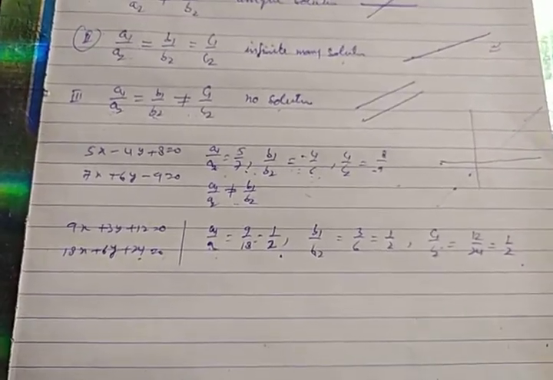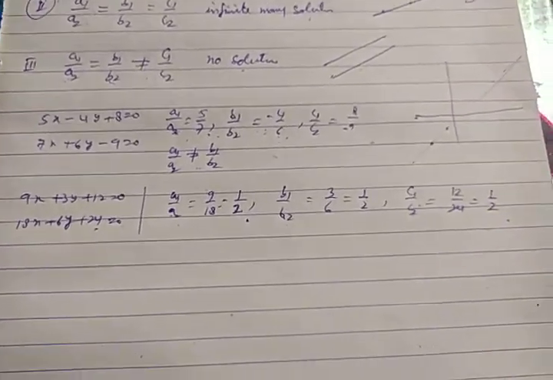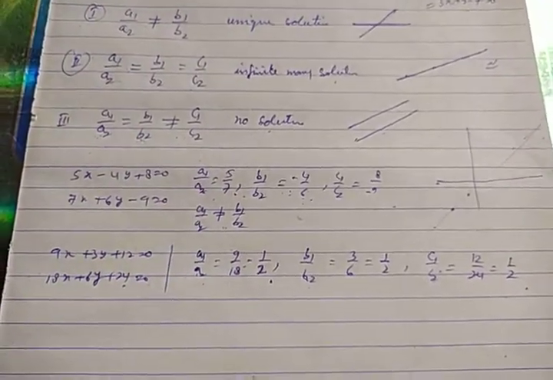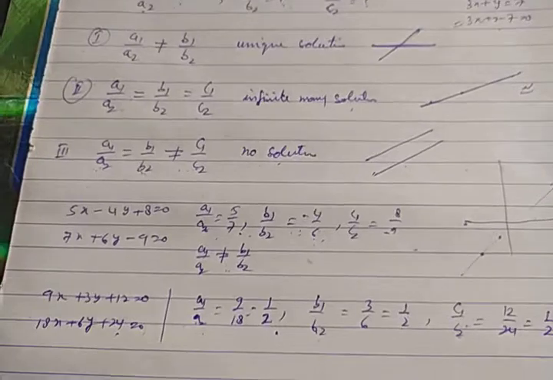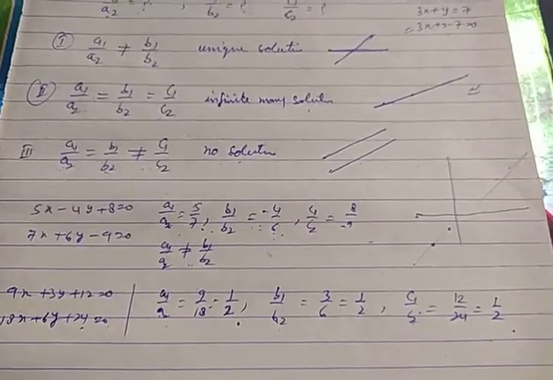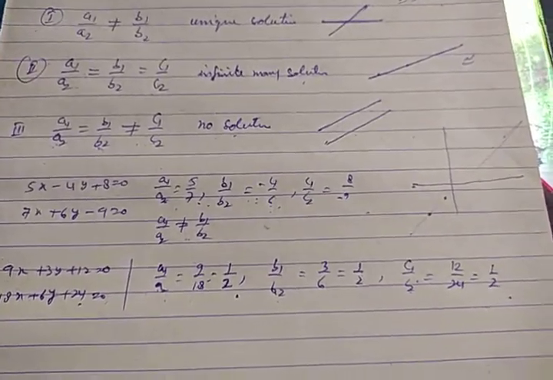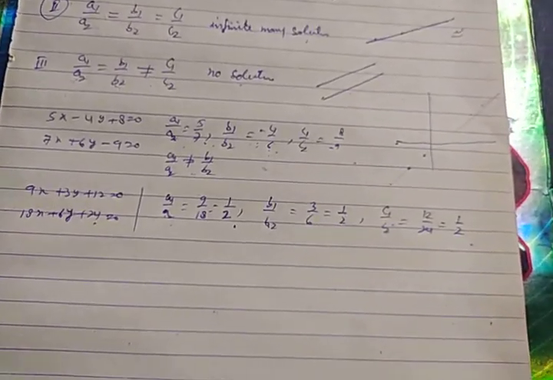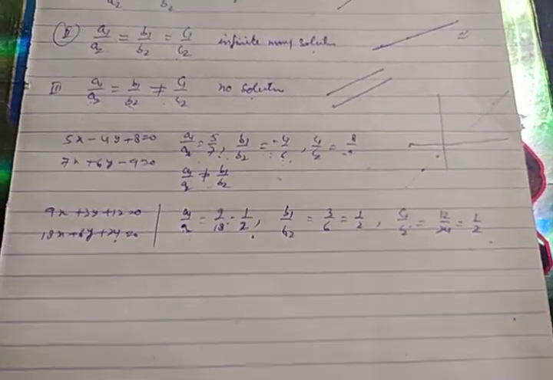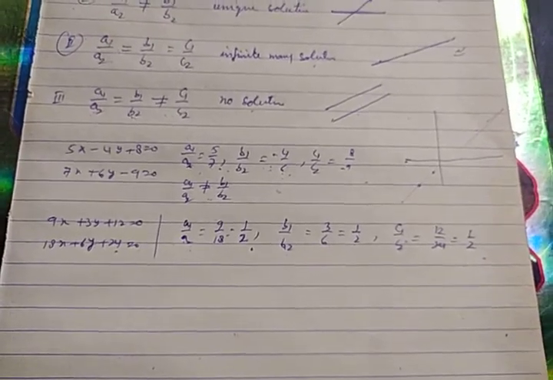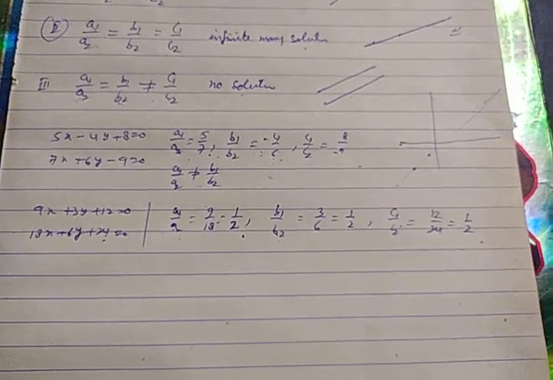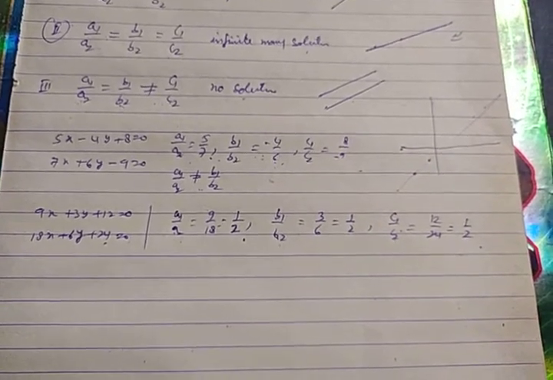This is the whole concept of exercise 2.4. Simply apply the process and check which condition is being followed and which type of solution you are getting. Now some word problems have been given. First form the equations, then check whether the solution is unique or not. If it is unique, then you have to find the solution. For finding the solution, you will have to draw the graph and obtain the answer.